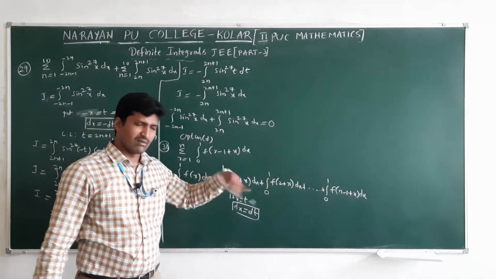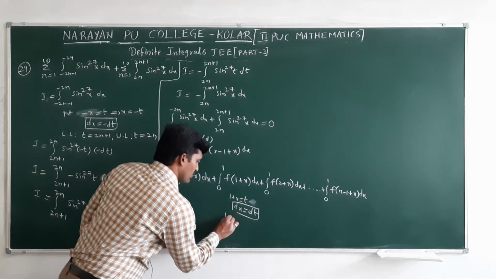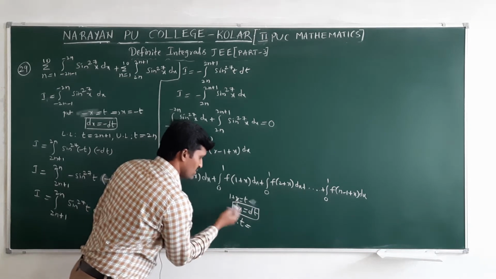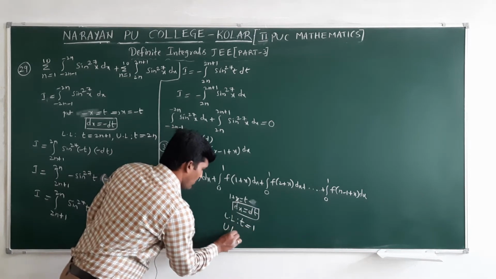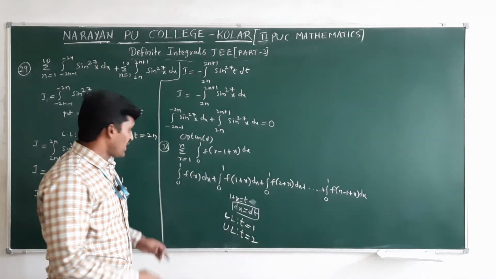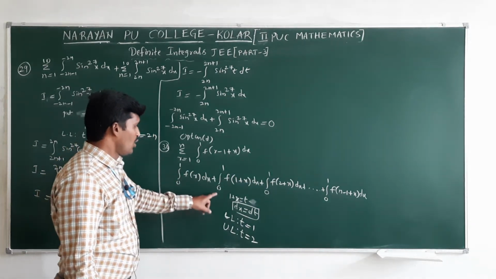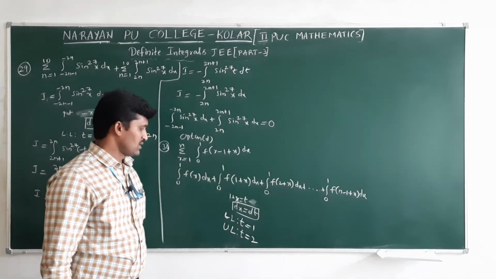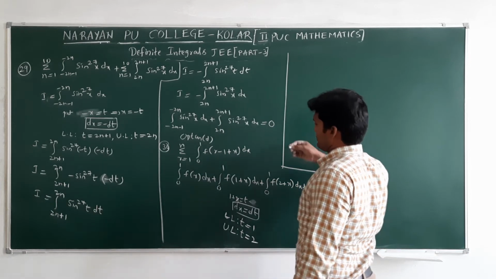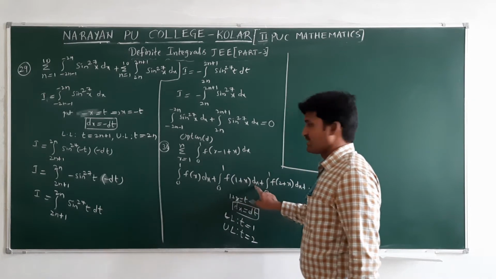I am not changing the remaining. Remaining also will get the same limits, but the limits will change. What lower limit will come? T, with x value 0 here, 0 plus 1 that is 1. Upper limit, 1 plus 1 that is 2. Consecutive pairs of limits will come: 0 to 1, 1 to 2, next 2 to 3, like that. Then splitting parts we can make into a single integral term. So finally integral 1 to 2 we will get f of t dt.